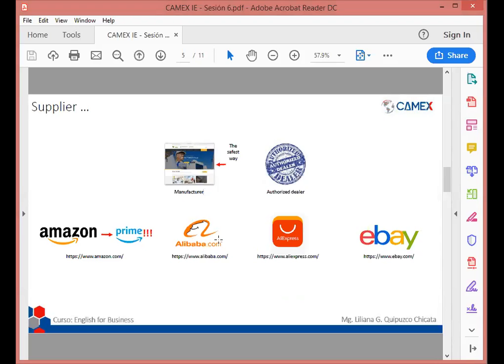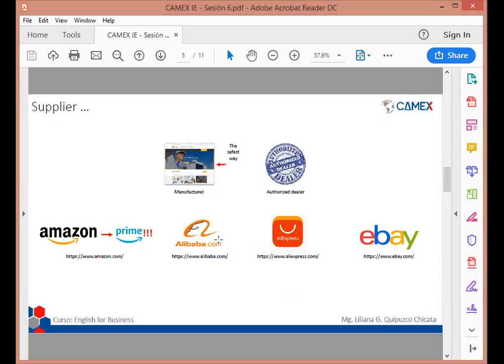They usually use couriers for sending to Peru. You can use DHL, you can use FedEx, you can use UPS. Remember that these couriers are going to charge us a little